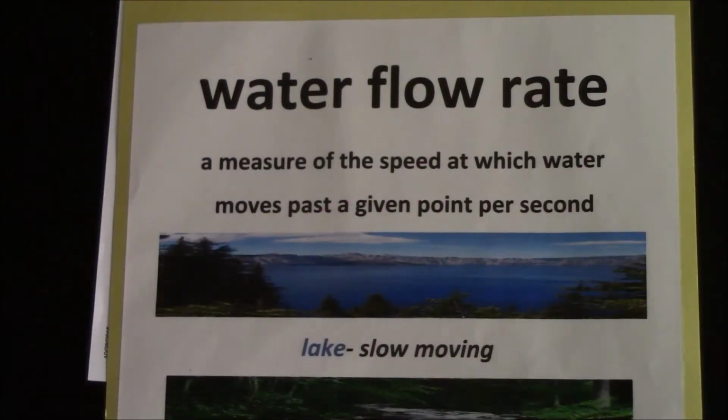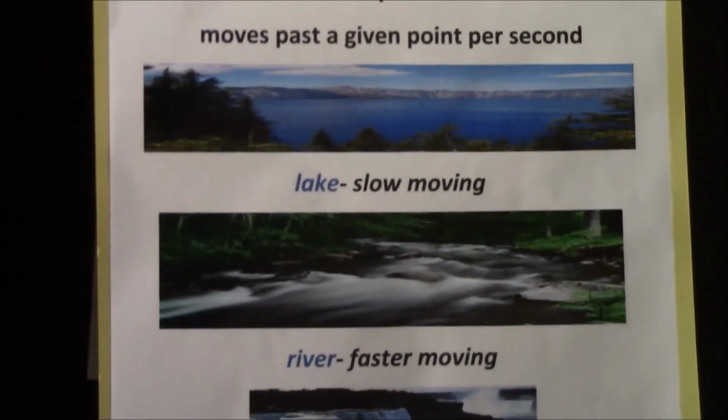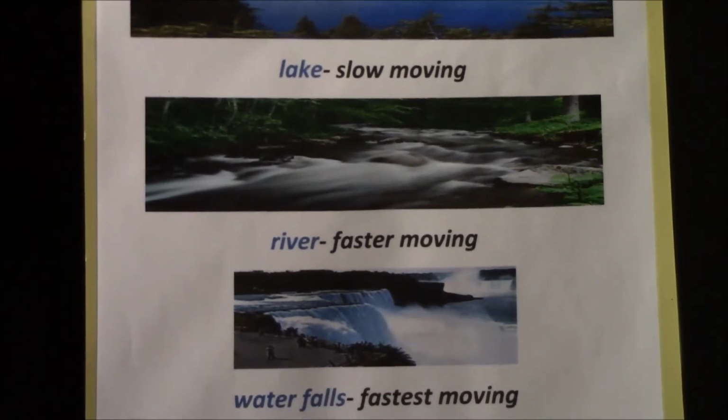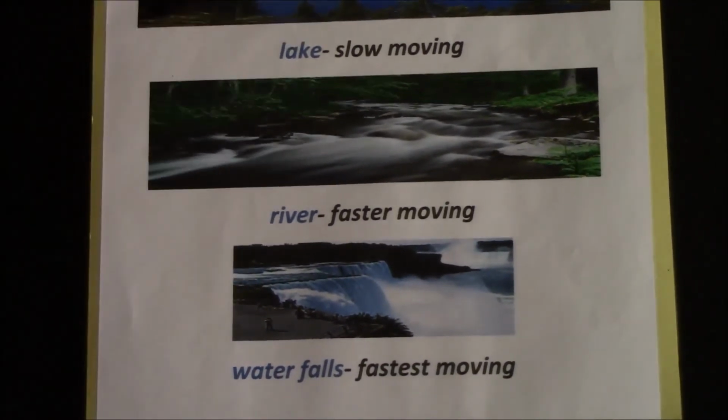One of the first things we have to consider is, because we now have floodwaters, the water flow rate, or how fast the water is going past a given point every second, has definitely increased. That means that what might have been slow-moving water, now because of floodwaters, is going to be moving ever faster until the amount of runoff finally starts to slow and the water returns to a slower rate. But that's just going to mean that the contamination as well as the floodwater is going to be headed downstream